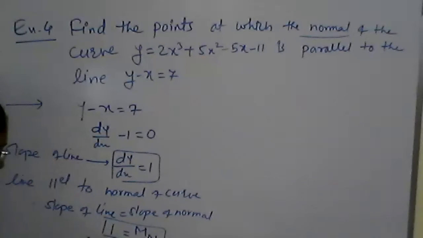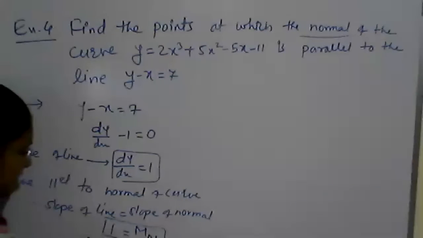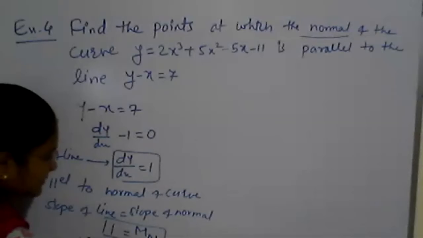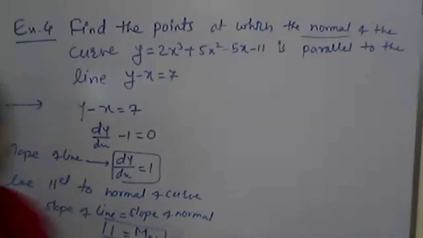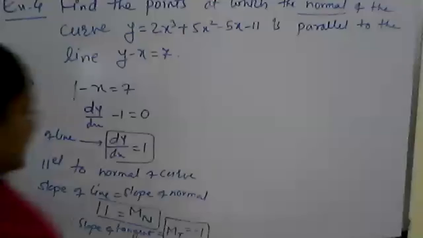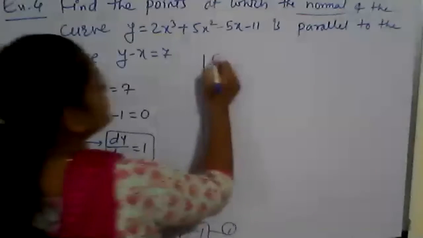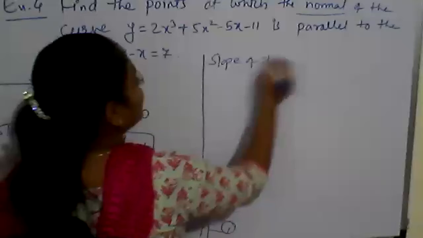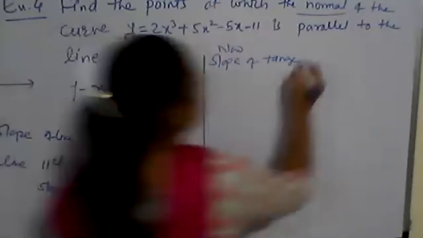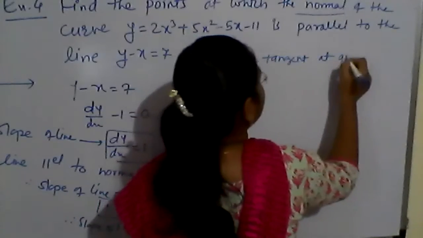Therefore the slope of tangent, mt, equals -1. This is very important. Equation number 1. Now, slope of tangent at any point